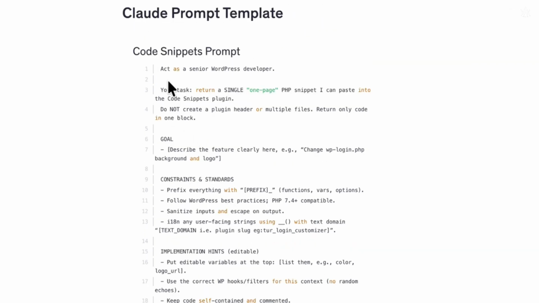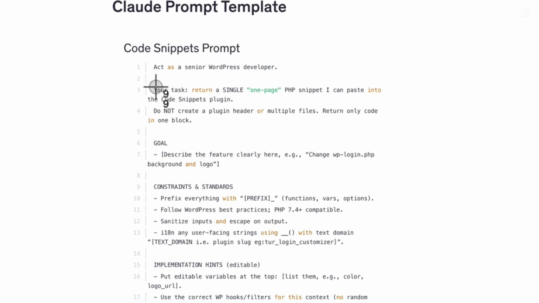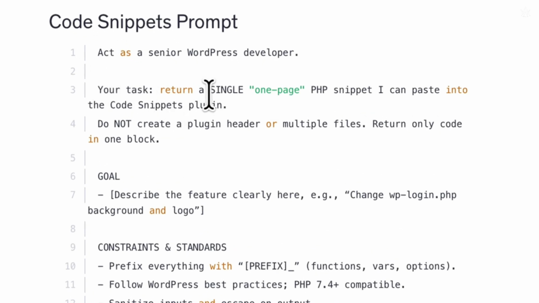This particular code snippets prompt template, you can use it to create any kind of snippet that you want to create for the Code Snippets plugin. It says act as a senior WordPress developer. What we are saying to the AI model is that you are a senior WordPress developer, and whatever we ask you to do, you will work on it as a WordPress developer. After that there is a heading which is your task, and over here we are saying return